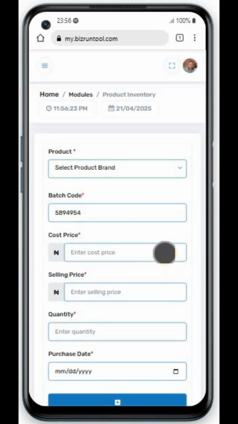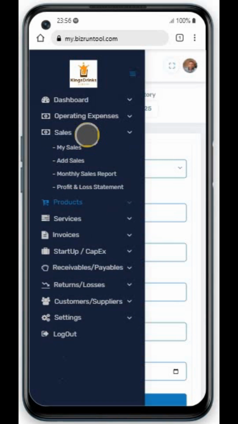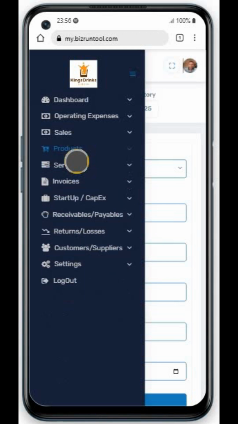Now when you are done entering all of this, that is when you can come to your product sale, because at this point you've registered what you bought, how much you bought it, how much you want to sell, the quantity that you bought, right? Now you then come to add sale. You click on add sale,